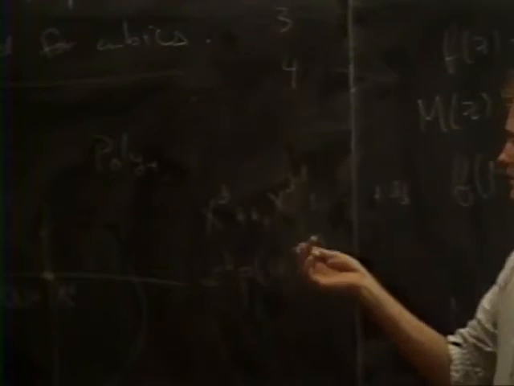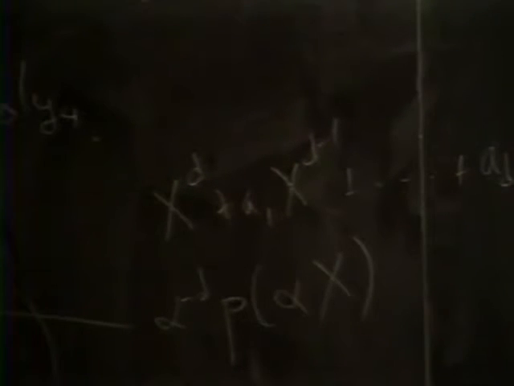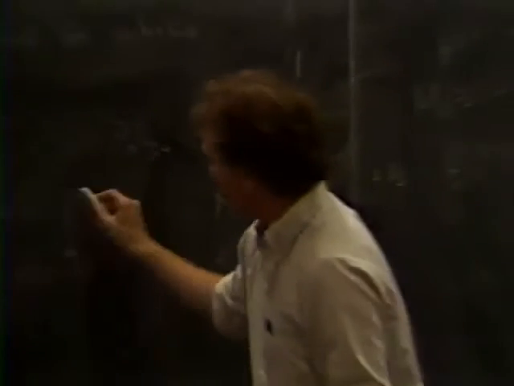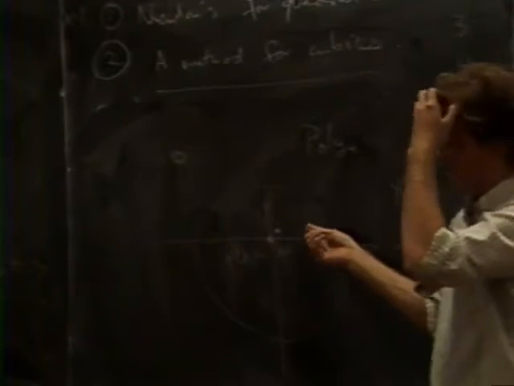And if you choose alpha appropriately, these coefficients will become quite small, and all that will happen is that the roots are scaled by some factor. So if you had an algorithm which worked nicely near x to the d, well then it would be just as good as an algorithm which works everywhere, because you take your polynomial and you scale it first so that the polynomial is near x to the d, and then you apply your algorithm and then you scale back to get the roots. That would be a perfectly robust procedure, and that's not ruled out by this analysis.